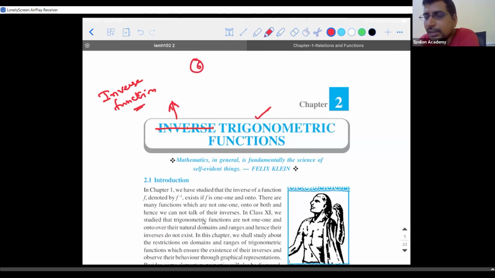So if I concentrate on the first trigonometric function, unlike in your 10th standard, you would have learned like this: y = sin x, meaning y is a function of x, right? If I ask you to define the domain and range of this particular function, what are you going to say? What do you mean by domain? It means what are all the input values I can give so that I generate a finite output. So what are all the values of x that you can give so that y generates a finite value?